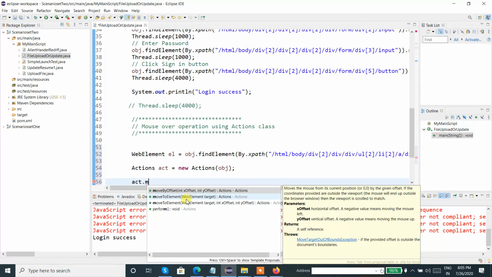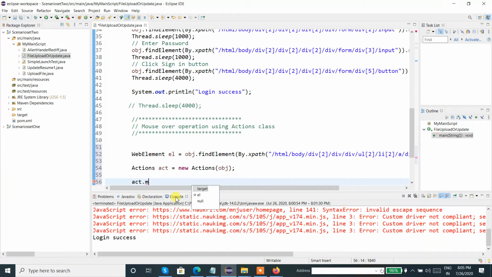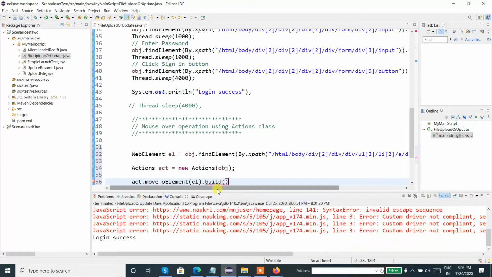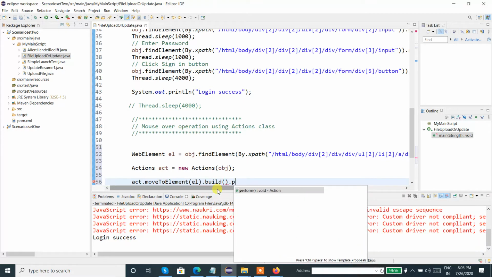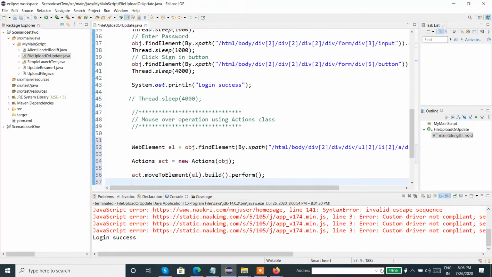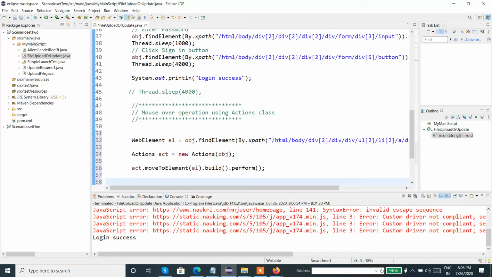Here moveToElement is one of the methods. The parameter is directly showing as el, the web element, so I am passing el. Now dot build is a method, dot perform is a method. This is how, by using these 3 lines of code, I can do the mouse over operation.